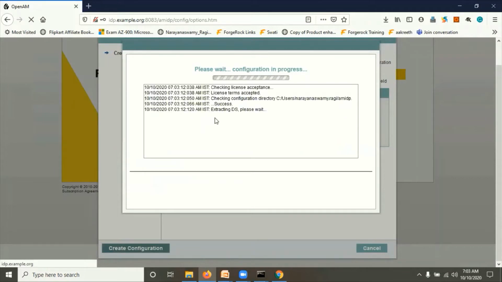Once it is done, then we have to install the SP, because OpenAM internally installs OpenDJ, and OpenDJ needs different ports. So whenever we are installing the second OpenAM, we have to wait till completion of the first OpenAM, because the second OpenAM might also use the same port. If OpenAM is already installed, it will internally check whether the port is available or not. If not available, it will create a new port for OpenDJ. So that's why we have to wait till completion of the first OpenAM installation. It may take maybe 1 minute. It also depends on the system performance.